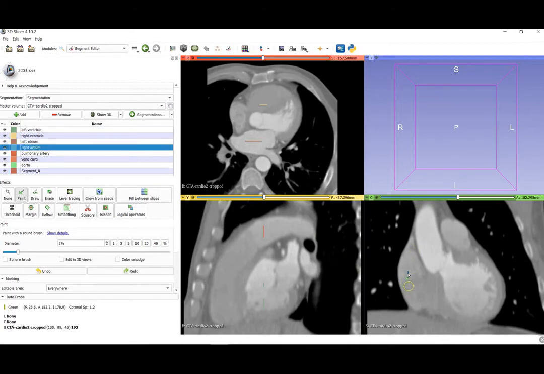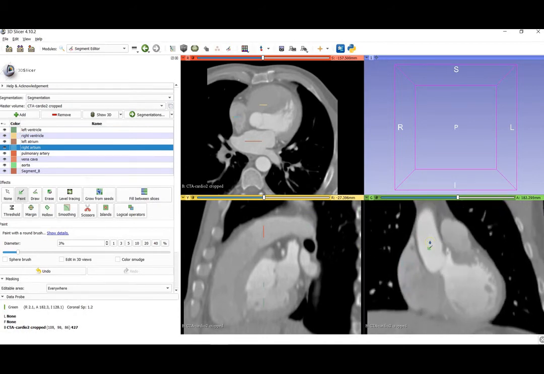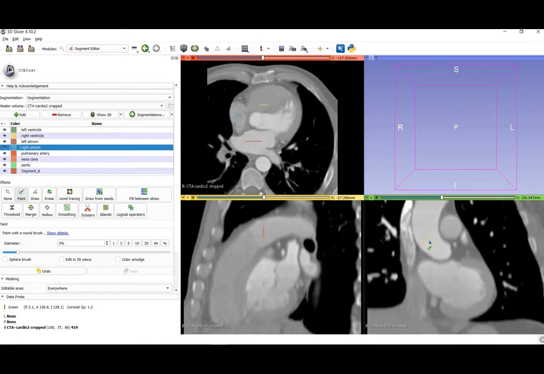Create a seed for the right atrium. Next we are going to create seeds for the vena cava. Here this white portion is the vena cava. Further down below there is the inferior vena cava. Just do the inferior vena cava.